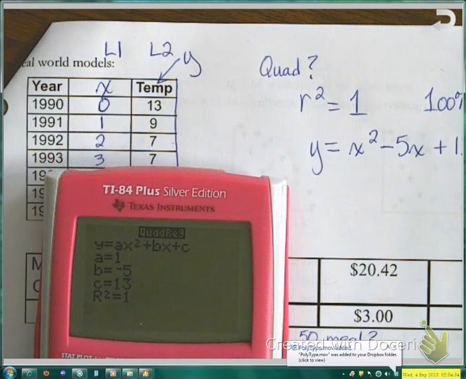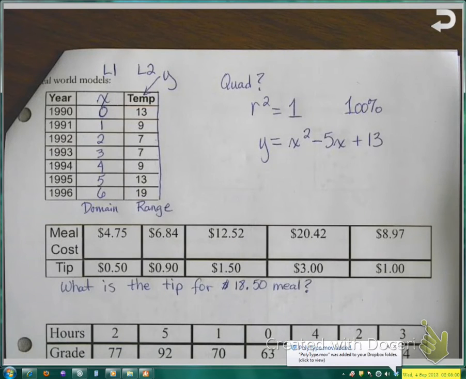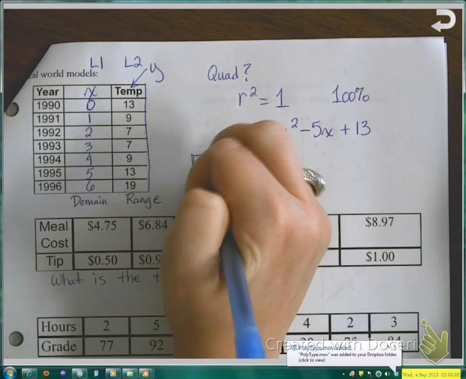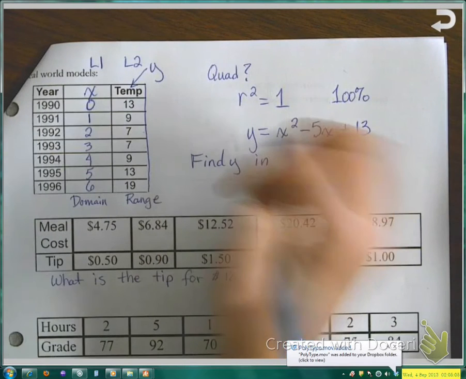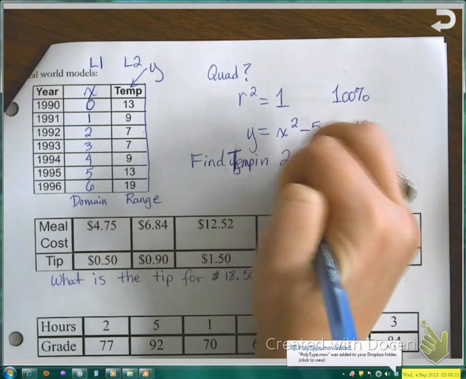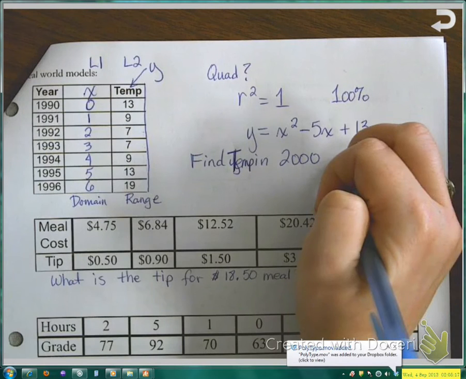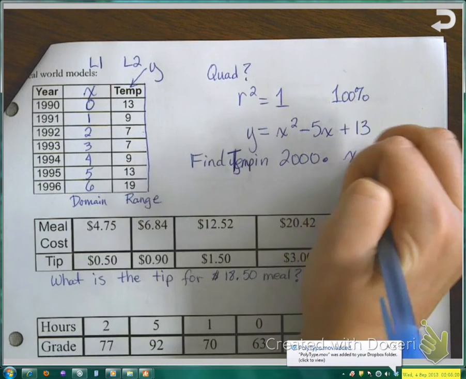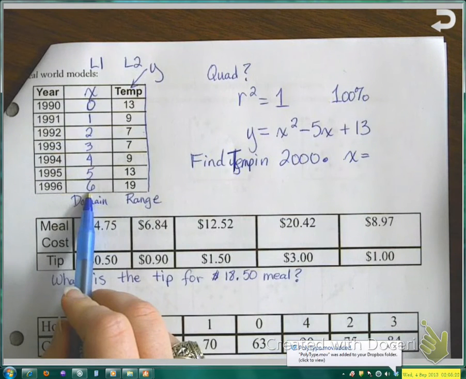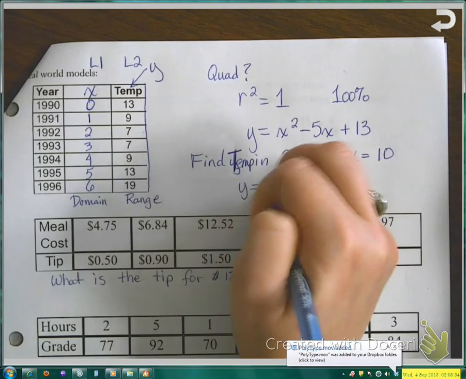Simple enough. We were actually not asked to predict anything in this particular problem, but if you were asked to find the temperature, because that's really what we're interested in, right? Find the temperature in the year 2000. Okay? Well, what is x? What does x equal? Well, 2000 would be what? Let's see, 96 is 6, so 97 would be 7, 98 would be 8, 99 would be 9, so 2000 would be 10. So I would plug in x equals 10